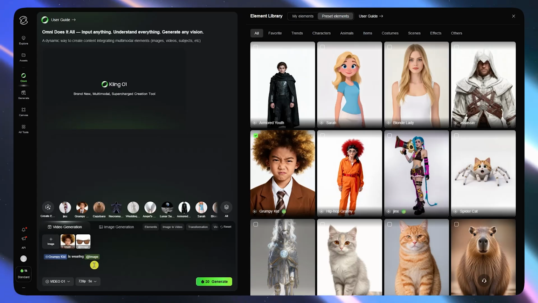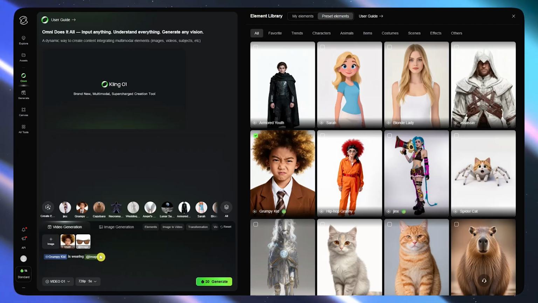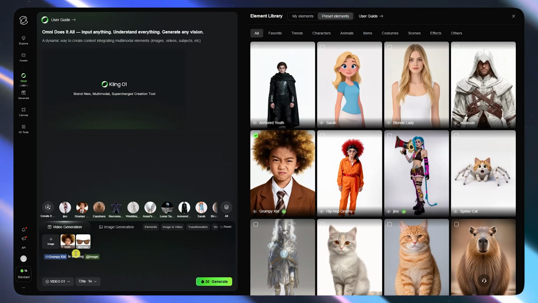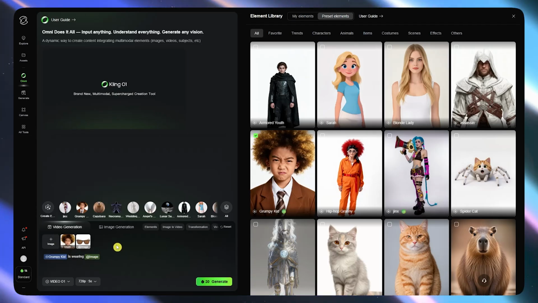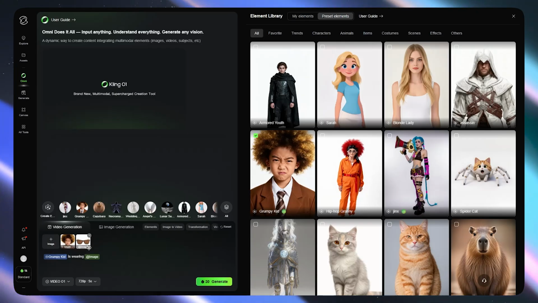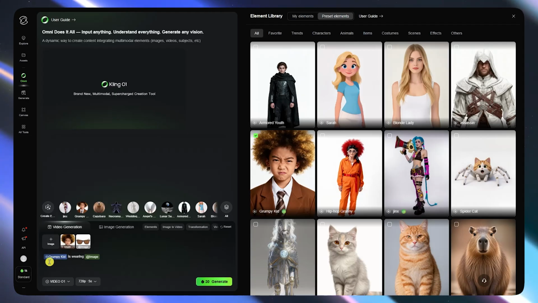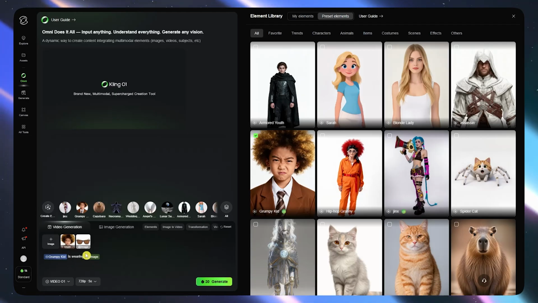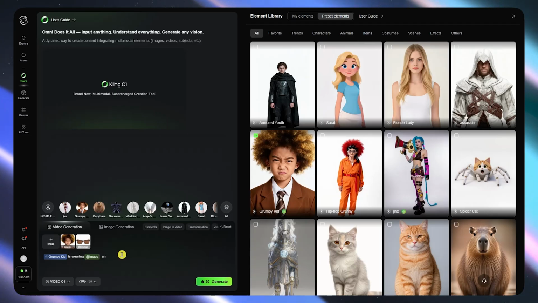Now you can see that it is automatically mentioned in here, so that is why I suggested that you build your prompt as you work or upload your reference images right here, or your elements as they call it. And yeah, so basically Grumpy Kid is wearing the image, which is the sunglass,